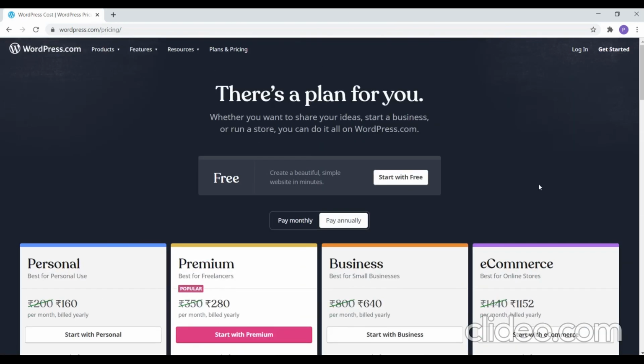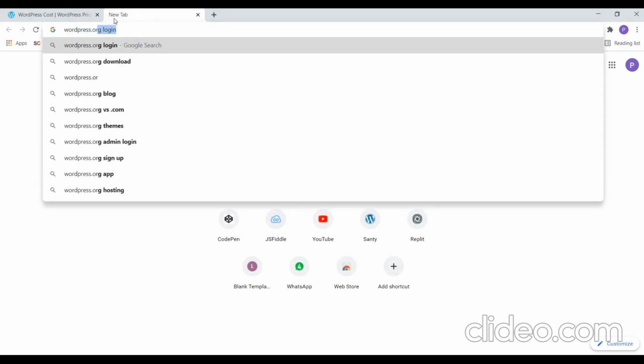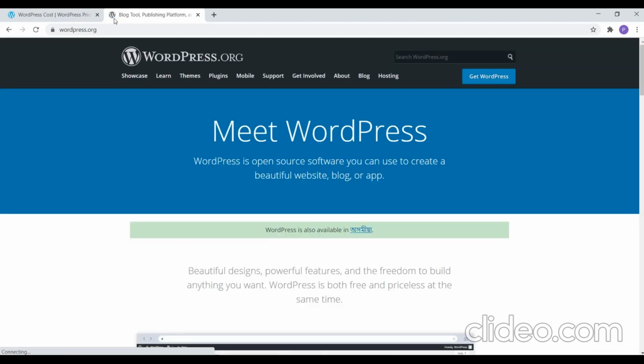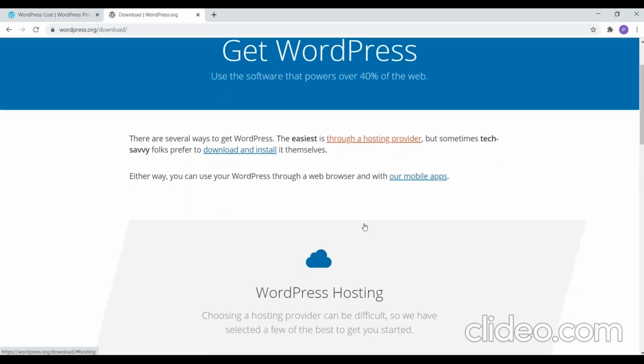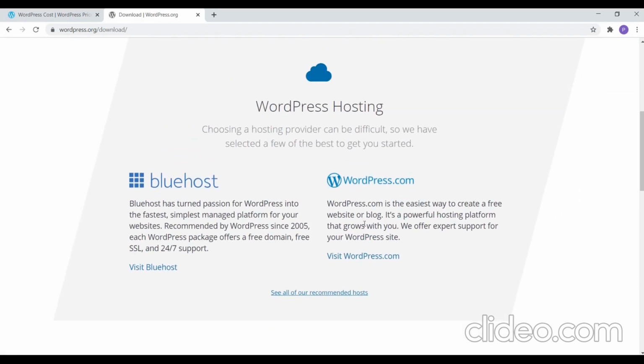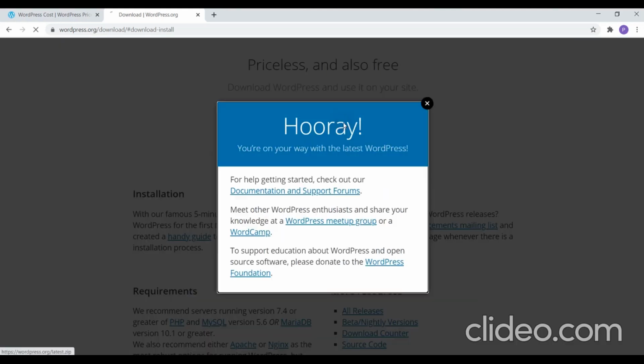So if you're not okay with this, then you can just go to wordpress.org and you can download your file. WordPress.org is a website where you can get your themes, plugins related to WordPress. So if you see on the right, you have an option called the Get WordPress button. When you click on it, you will get a zip file downloaded. So these guys also provide you the hosting services also. So this is the latest version.